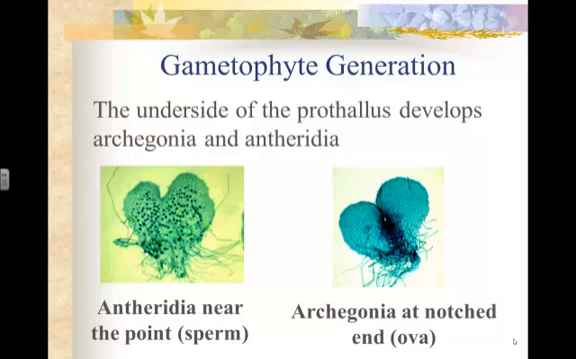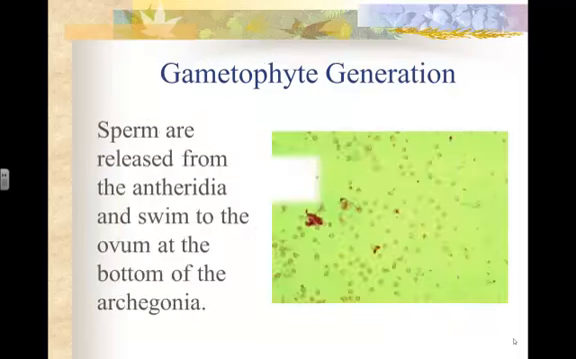From that prothallus, on it develops the male and female reproductive parts. The antheridia, producing the sperm, the archegonium, producing the ova. Usually they're located near the point and at the notch, but that can vary. This is actually fern sperm. And so the sperm is released from the antheridium to go to the archegonium to fertilize the ova to produce